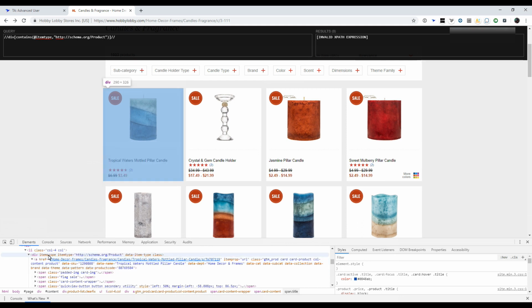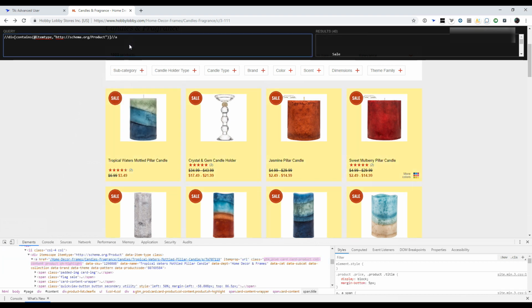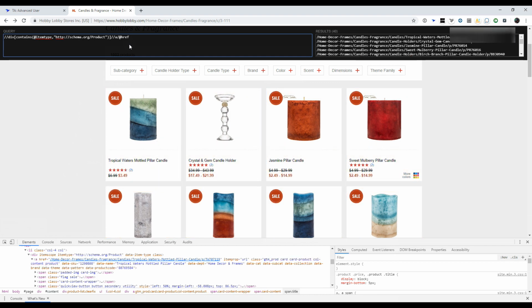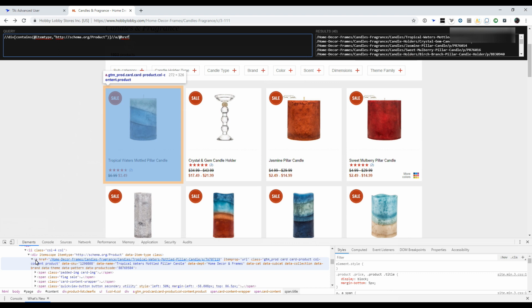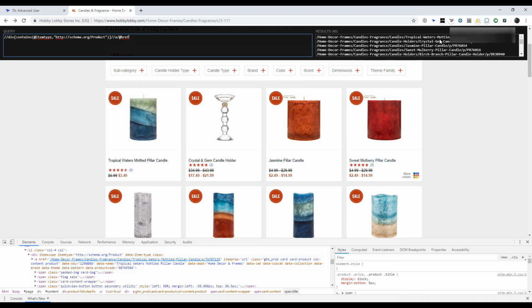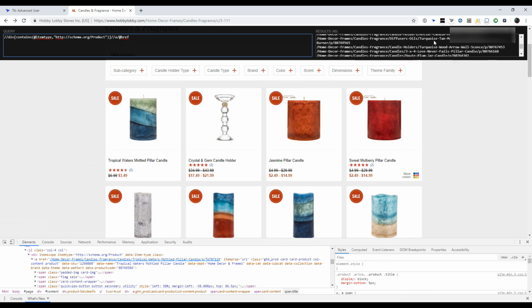So we have this right here already specified. That was our parent directory. So now we go one down, right? This is below this one, and we say this is an element A. So we say A, and then we say we want the href. So I'm basically just saying, all right, go to A, and then take the href, which is the actual URL of the product. And you'll see here all the different URLs of the product